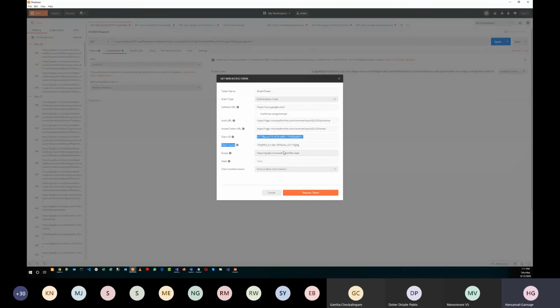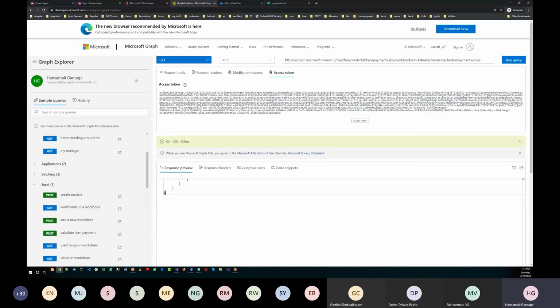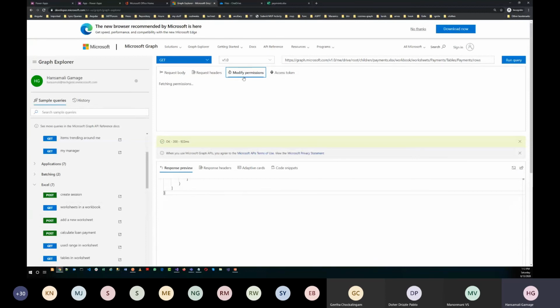So you have to provide that information and also the permissions here. If you move to Graph Explorer, you have to provide some permissions here. You should have some permissions to consent.